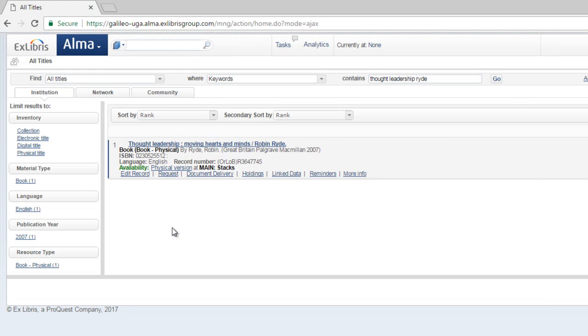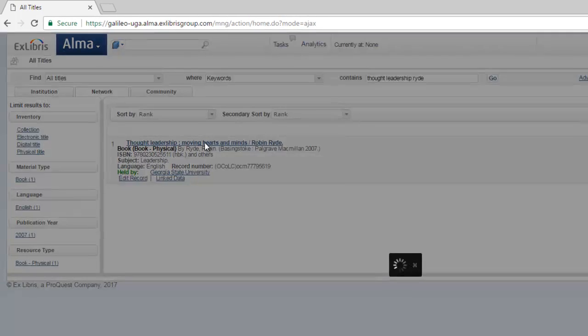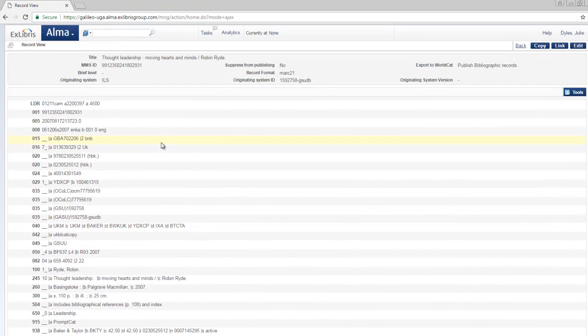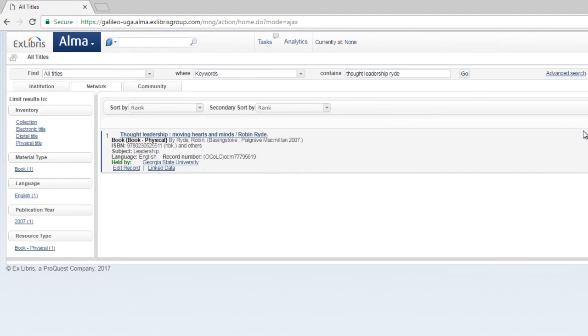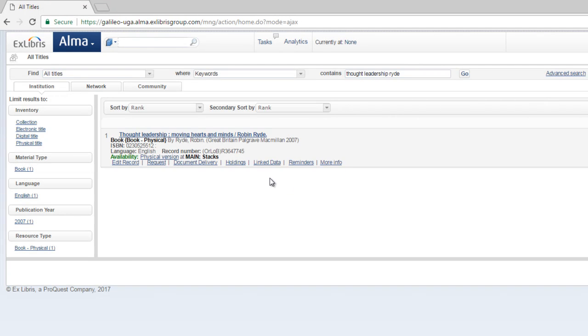We can check the network zone by clicking on the network tab. And we can see that a record for our item has come up and it's held by Georgia State. So let's take a look at this record. So this looks like a good record, and what we're going to want to do is go back now and attach our holdings to this network zone record rather than importing anything new from Connexion. So to attach our holdings, we'll want to go back to the institution zone and call up our record again,